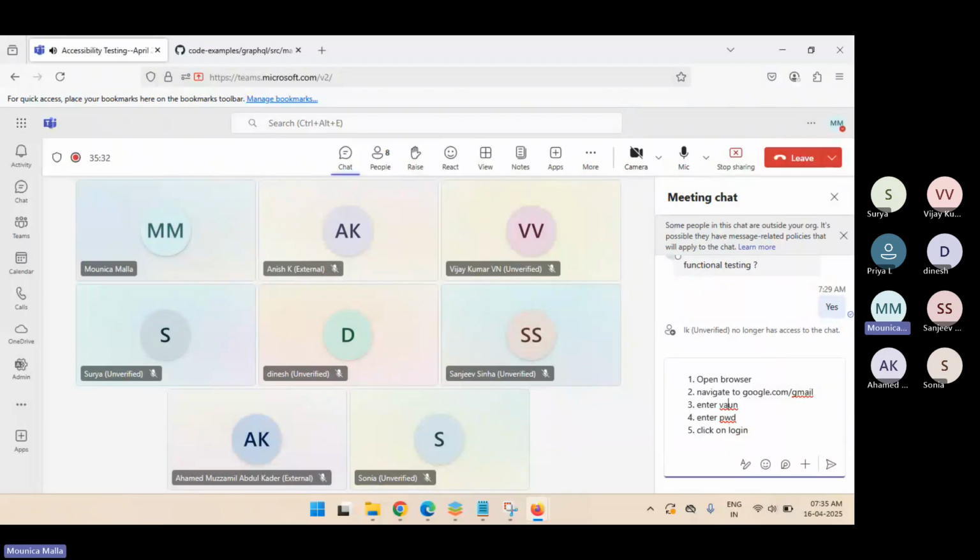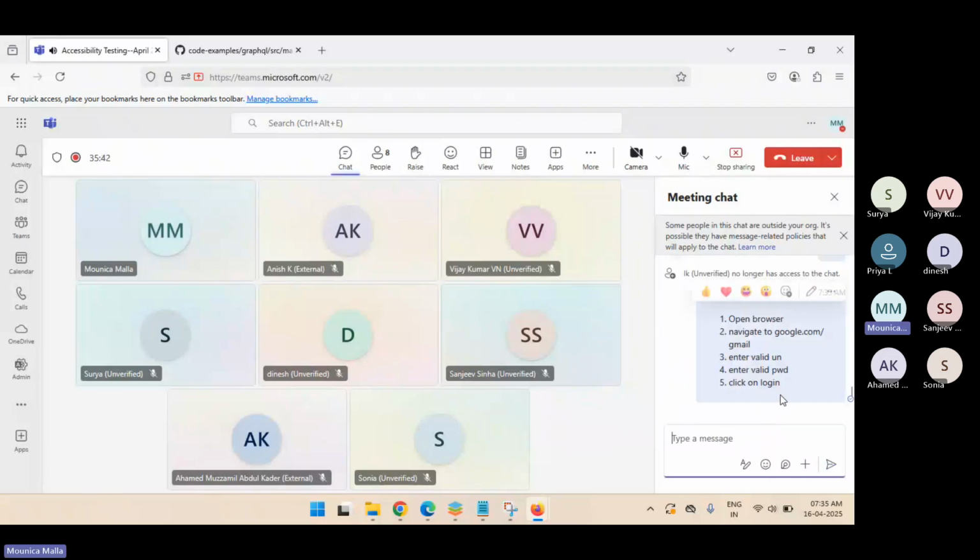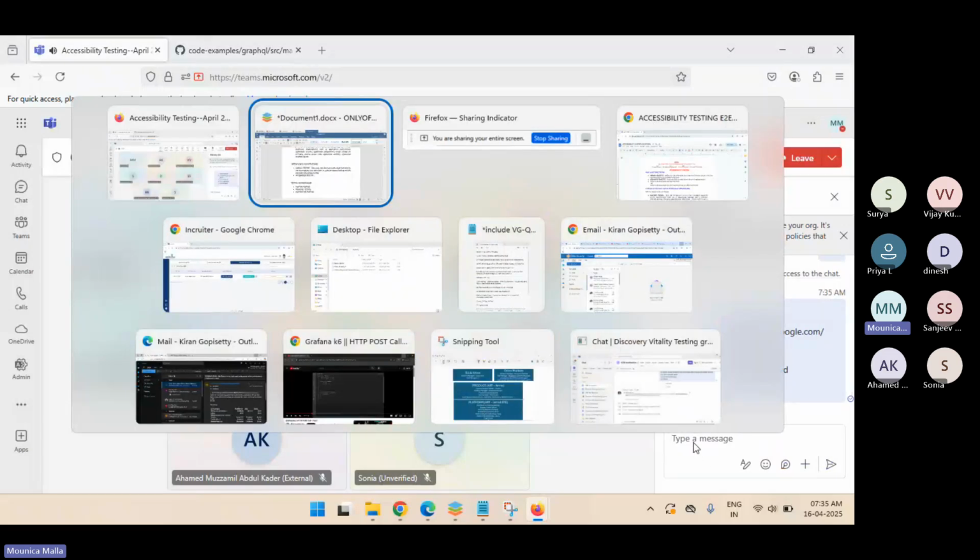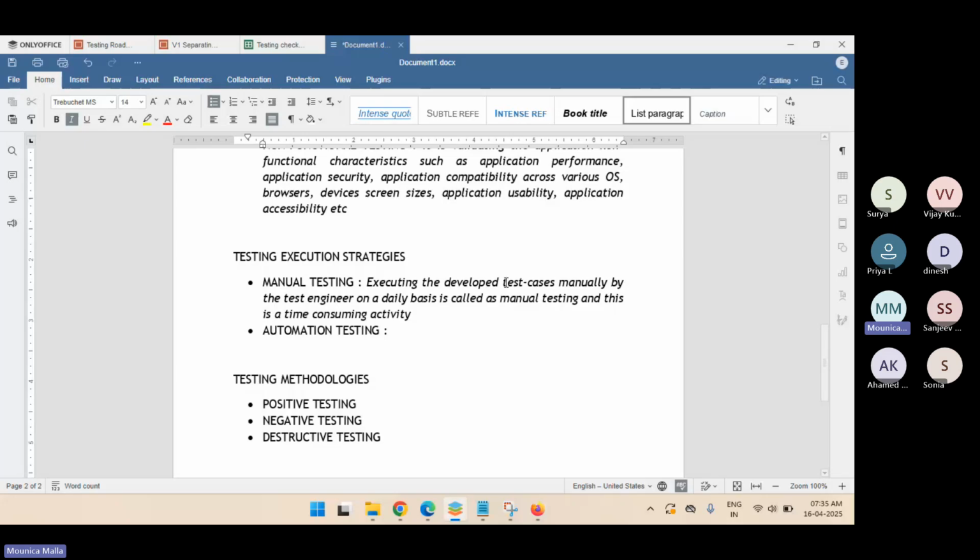So I will say enter valid username, enter valid password. So these are the steps written, so this is my test case. To test the login functionality, I will write these individual steps like this, called test steps. That process of writing multiple steps together, we call it one single test case to test the application